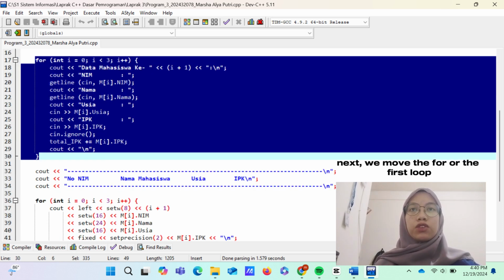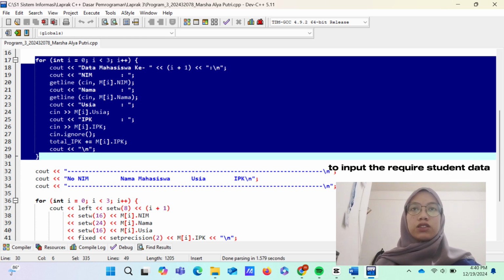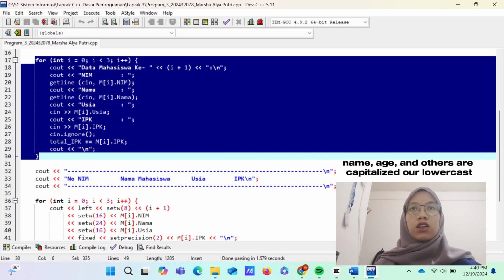Next, we move on to the for loop, the first loop, which here will produce the program output requesting the required student data. We need to pay attention to whether the components we input such as name, age, and others are capitalized or lowercase to avoid errors.